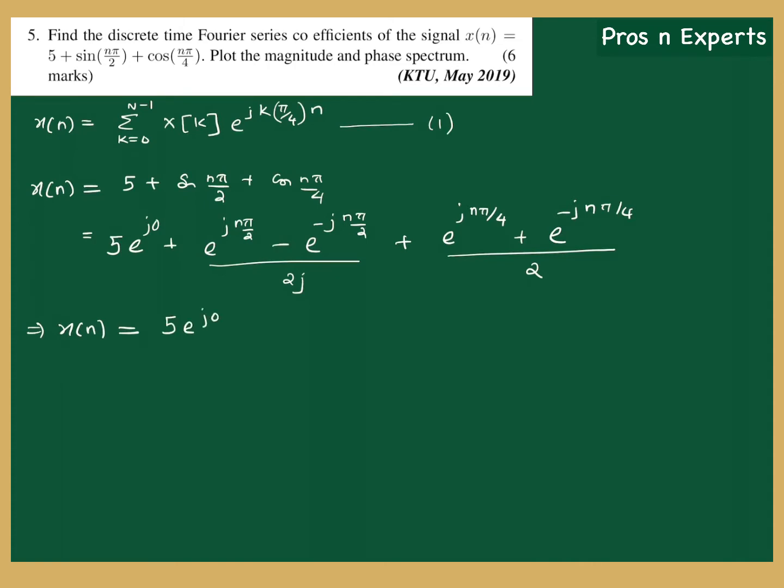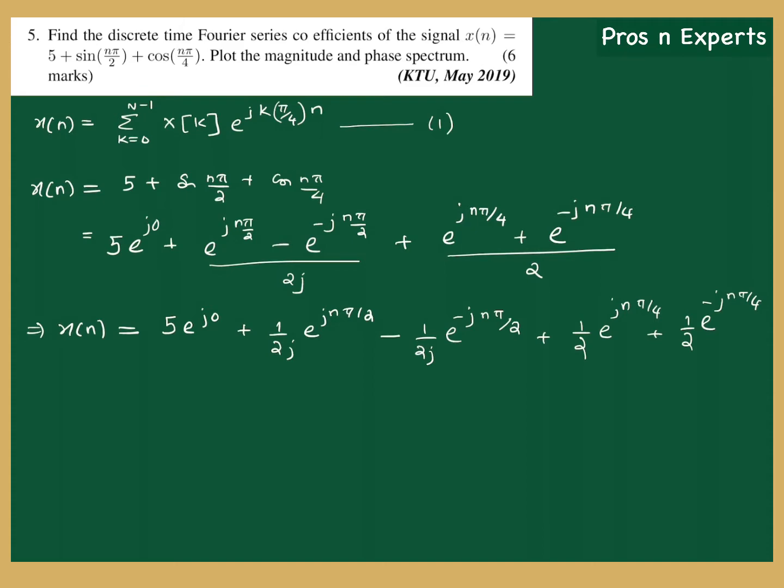relaxed. I think 5 e raised to j 0 plus 1 by 2j e raised to j n pi by 2 minus e raised to minus 1 by 2j e raised to minus j n pi by 2 plus 1 by 2 e raised to j n pi by 4 plus 1 by 2 e raised to minus j n pi by 4. I have expanded all the terms in this equation. Okay,